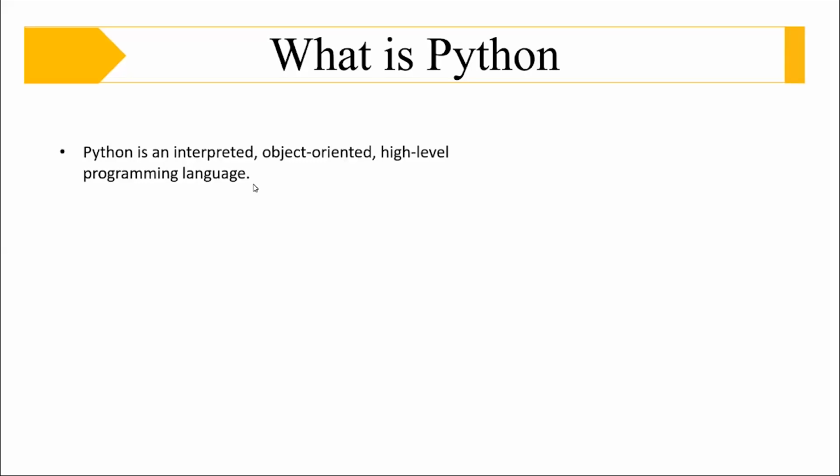So now we can also say that high-level programming language means whatever instructions we give to the computer for the machine to understand, we basically write in Python using English as the language, right? We are actually using programming syntax, but actually writing in the English language because English is here a universally accepted language.